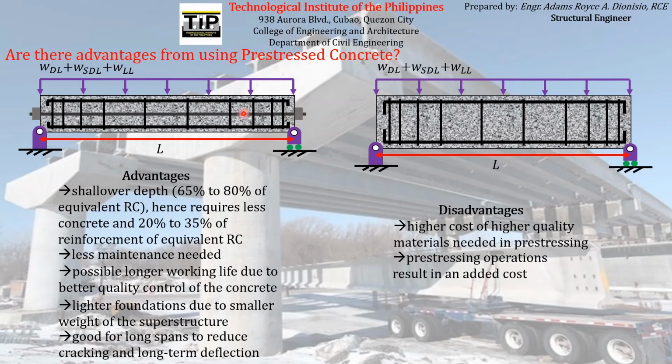Since the tendon, or the prestressing reinforcement, has elongated, the natural tendency of a material that elongates, given that it is still elastic, is that it will try to go back to its original length. Since this prestressing reinforcement is trying to go back to its original length, which is obviously shorter than this length,